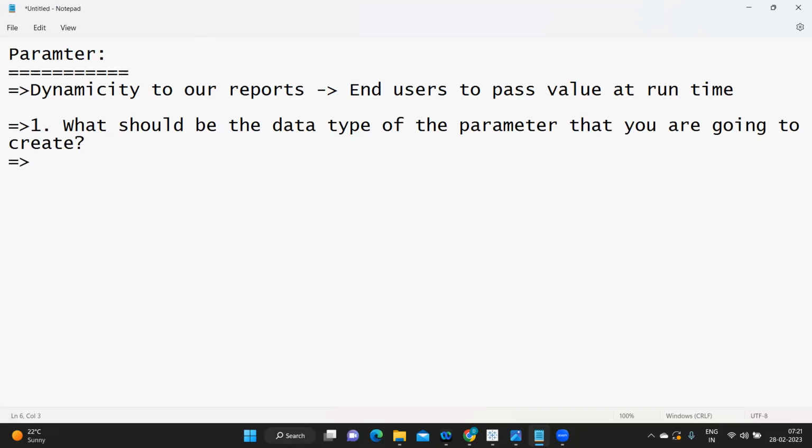Once you finalize, the second step is to create the parameter. Now, parameters are global in nature. So when I say global in nature, once you create it, it will be available in the entire workbook. Next is to show that parameter. And the last step, I would say, is